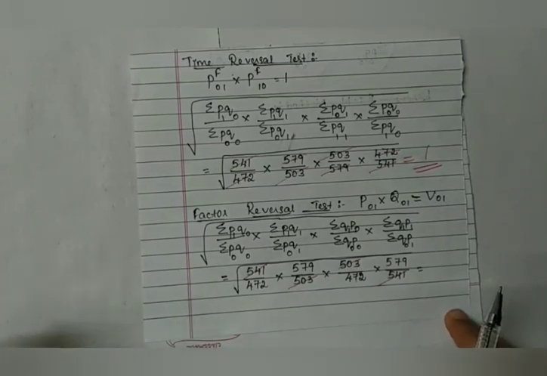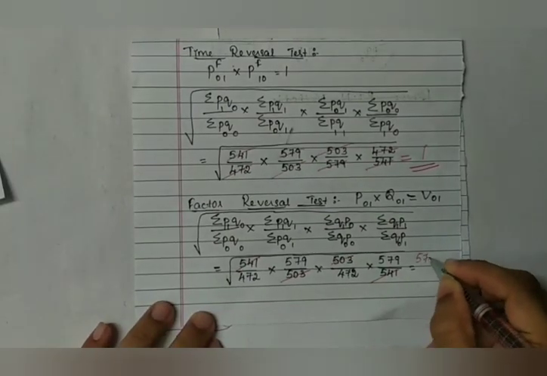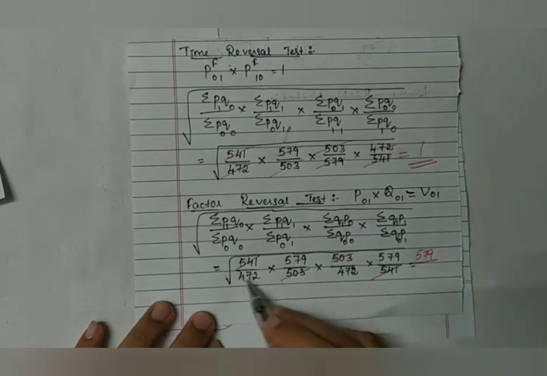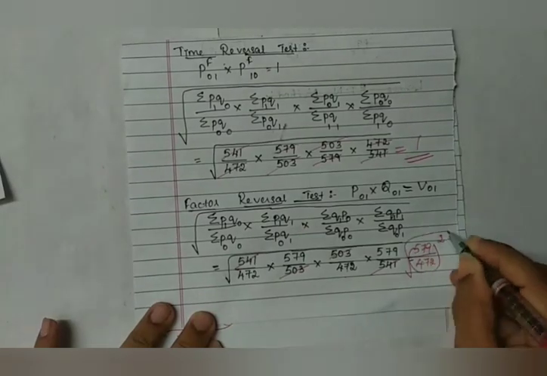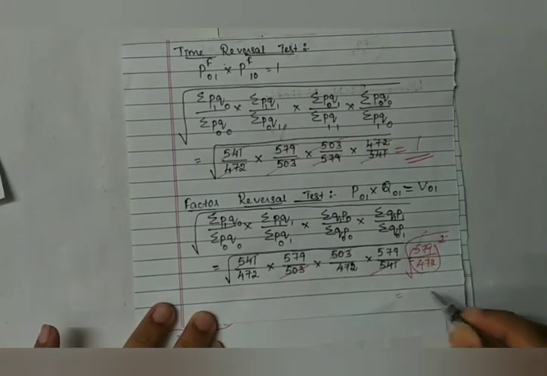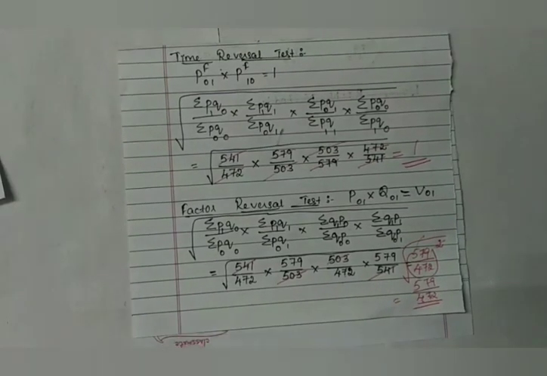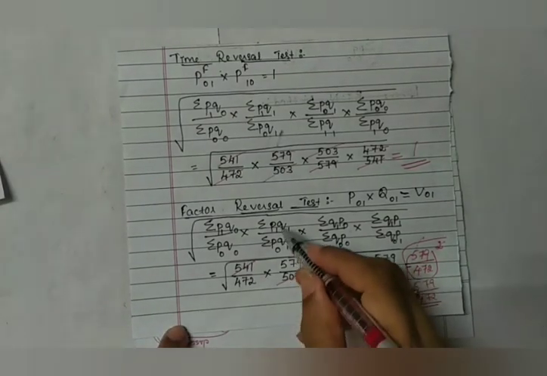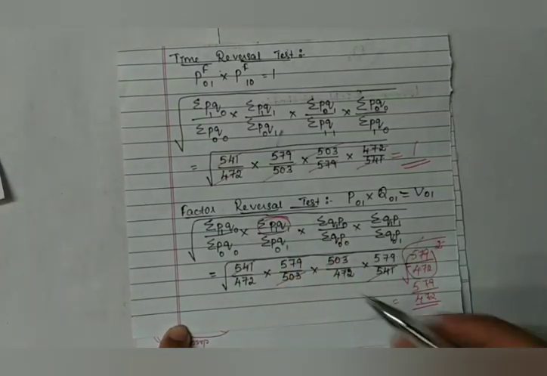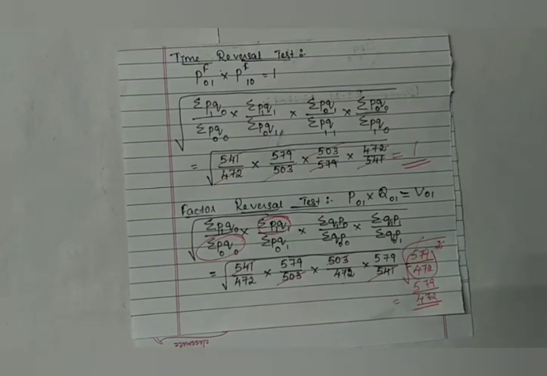So similar to the previous one, how we calculated, 579 divided by 472 twice and its root cancel, and 579 divided by 472. This is our formula here, isn't it? Our formula for value index number is summation P1 Q1 divided by summation P0 Q0, isn't it? So with this, we are done with index number chapter.